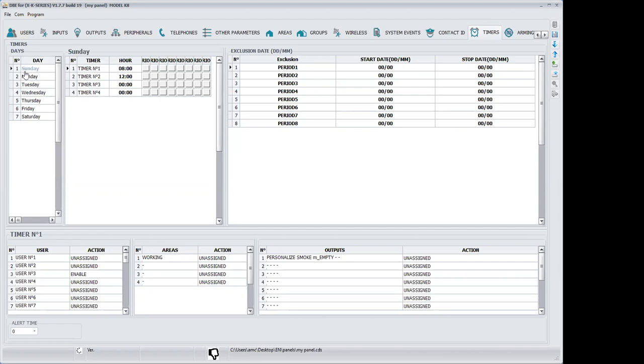It's possible to select this day, and it's possible to set the hour. For example, I select Sunday, I select timer 1, I set 8 in the morning. The second timer I set 12, in Sunday. Now I change the day, Monday. I can set, for example,